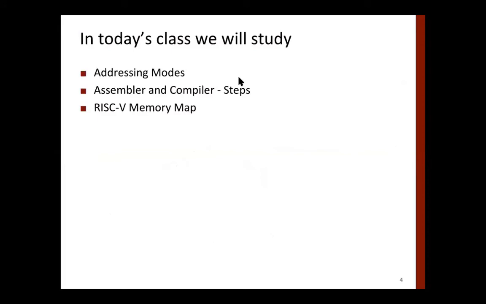Then today we'll look at addressing modes. Actually, we have studied this already, but we'll revise it in just a few minutes, and then we'll spend time on how RISC creates a memory map or address space for a set of instructions. For a program we have an address space, and we'll see what the different parts of the address space look like. We have already studied this in the case of Intel x86, as part of your lab, but we'll do it for the RISC architecture.